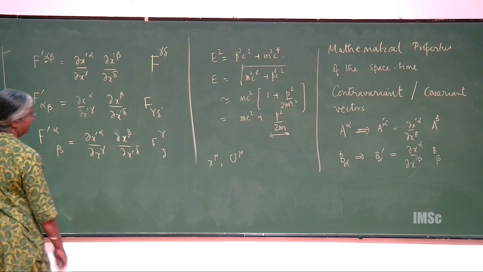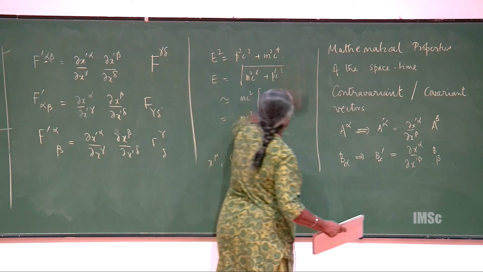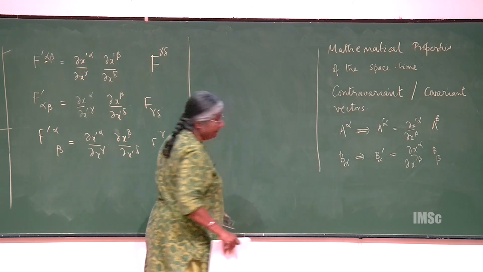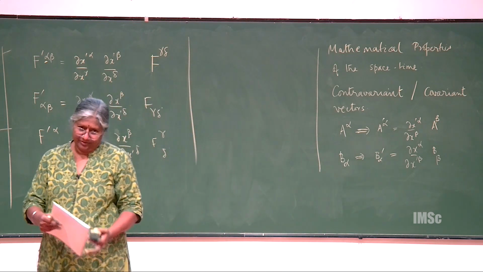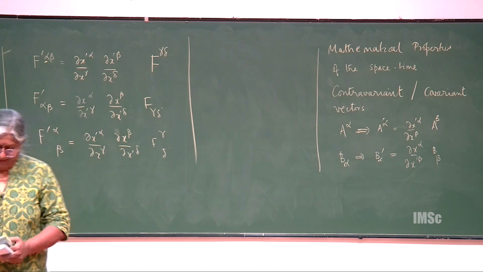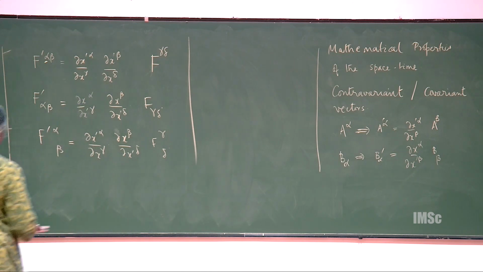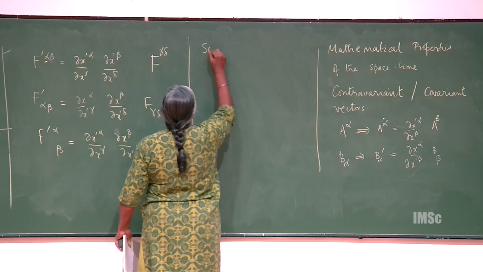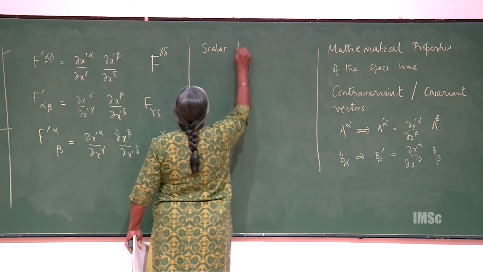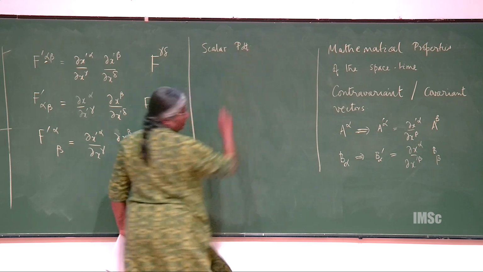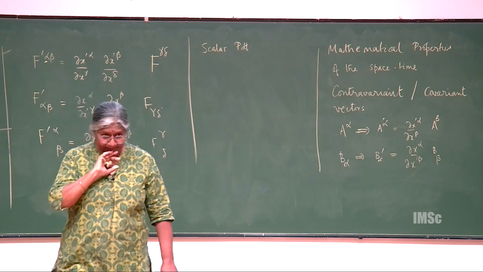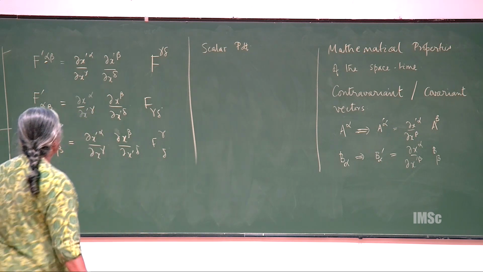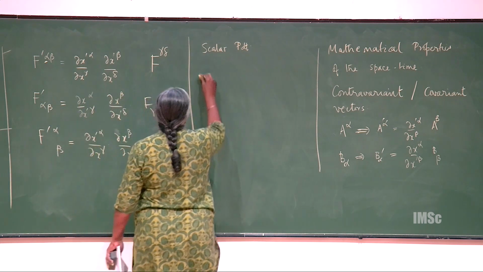So now let us write something here. And by the way, I am introducing the tensors because in electrodynamics, you will get a tensor. So it's not as though I am simply wanting to introduce tensors. I will write a scalar product in 4 dimensions. You know A dot B is AX BX plus AY BY plus AZ BZ, right? So now I will write the scalar product as A dot B,